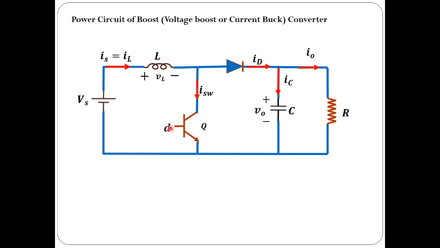So as long as you are turning on this switch, there is no connection established between source and the load. And whenever you turn it off, because inductor current cannot be made zero suddenly, it should be provided with some other path, and this diode would provide that path. So this way current would flow whenever this switch is off. So this entire circuit diagram indicates the power circuit of the boost converter.